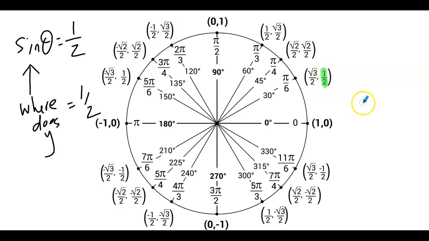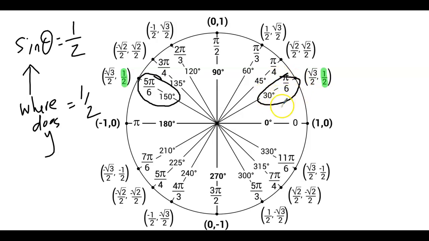So here's one place where y equals a half, and then directly across from it over here there's another one. So as you can see, there's going to be 2 places where y equals a half, and so we have basically 2 answers. We have these angles in radians and degrees, and we have this angle in radians and